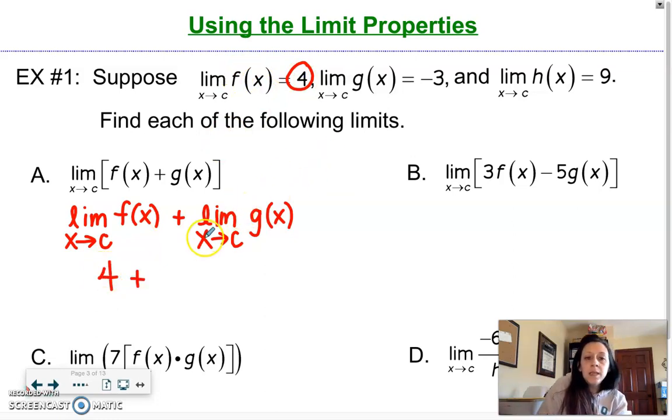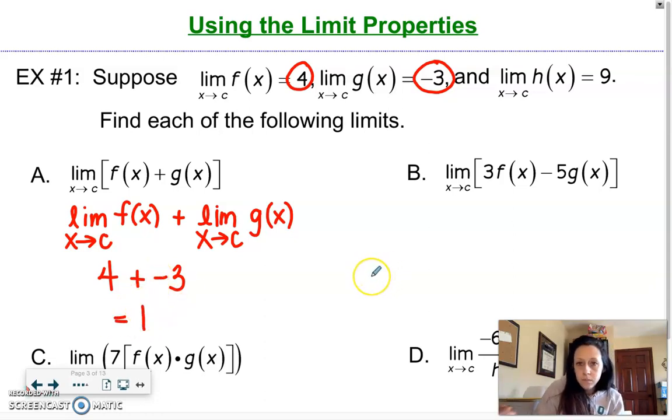And then what's the limit as x approaches c of g of x? It's negative 3. So I'm just going to say that the total limit for this would be equal to +1. Easy enough? Okay. Question B is a difference formula or difference rule, but this also has constants